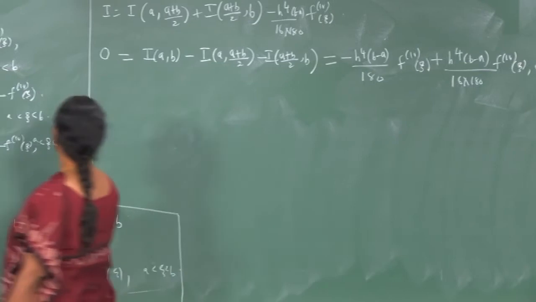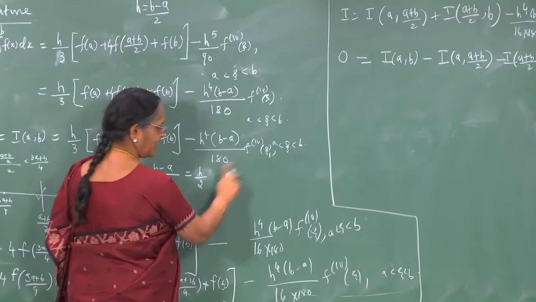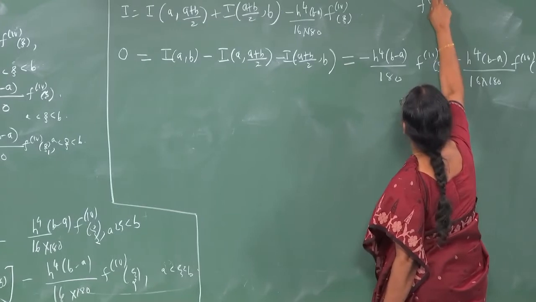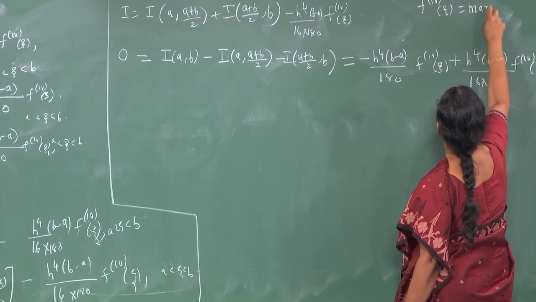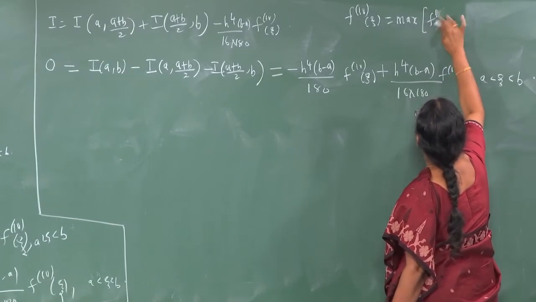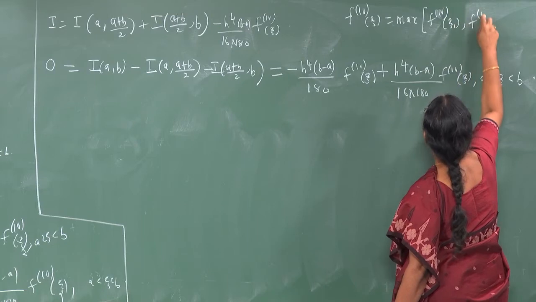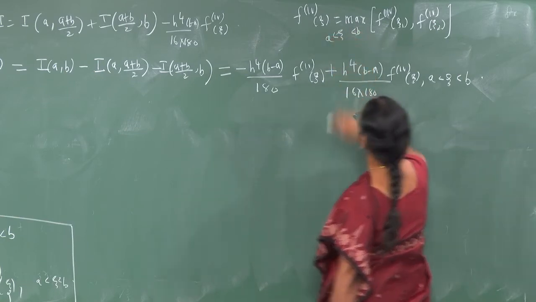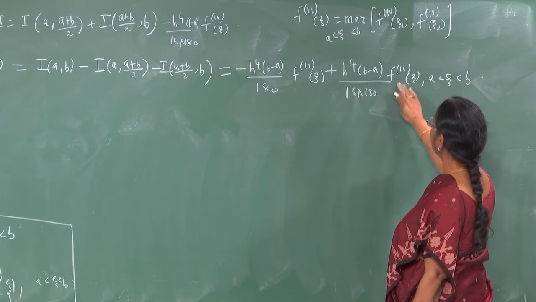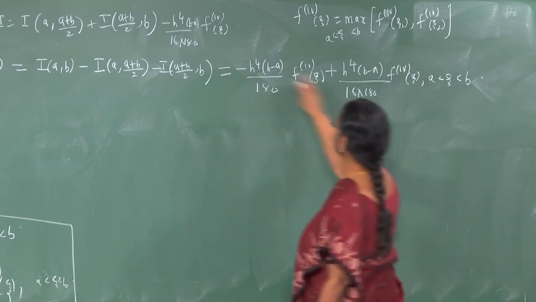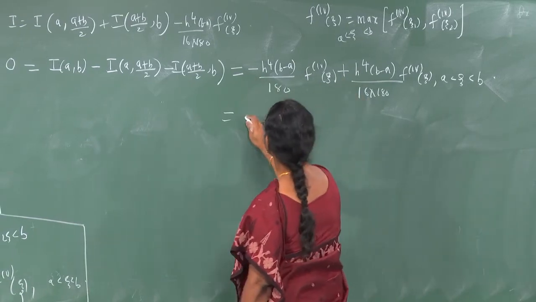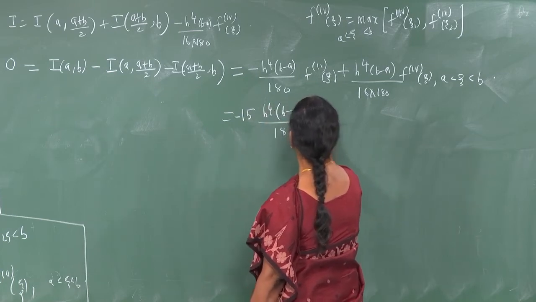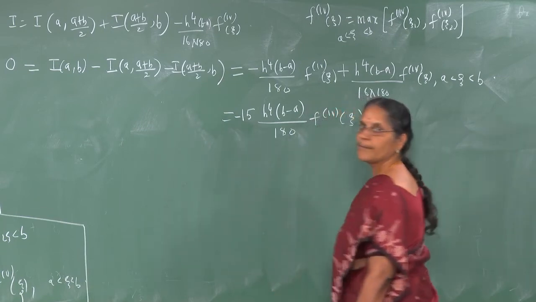So, if you want, you can replace this by fourth derivative at psi 1 and this as fourth derivative at psi 2 and say that the fourth derivative of psi is maximum of the fourth derivative of f at psi 1 and fourth derivative of f at psi 2 for psi lying in a to b. So, we have replaced it by the fourth derivative of f at psi. So, what does this give? This gives you minus 16 plus 1. So, minus 15 times h power 4 b minus a by 180 into the fourth derivative at psi,